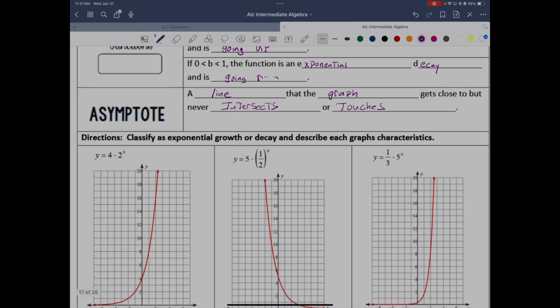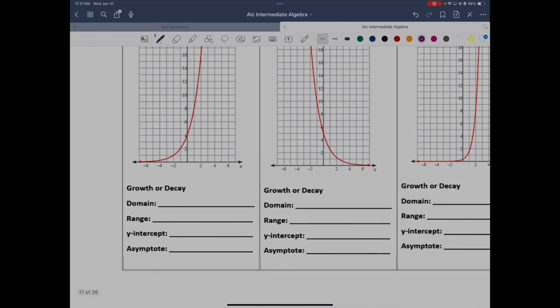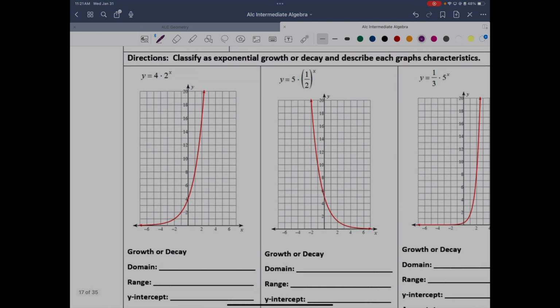Okay, so today what we're going to do is take those definitions and look at graphs, and we are going to classify them as exponential growth or decay. And then we're going to talk about the domain and the range of these graphs. So if we look at this first one,